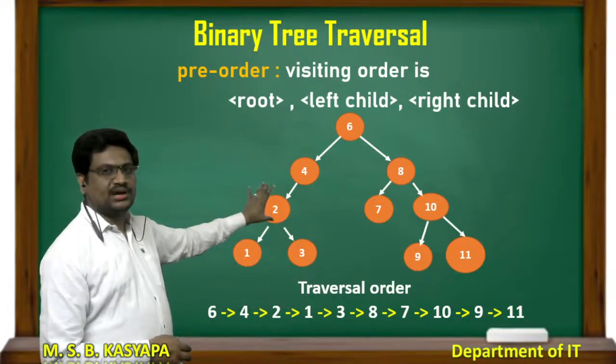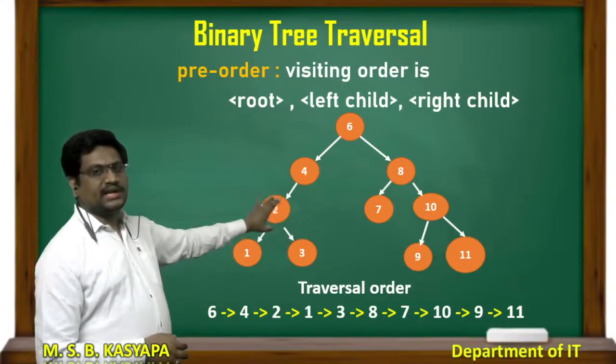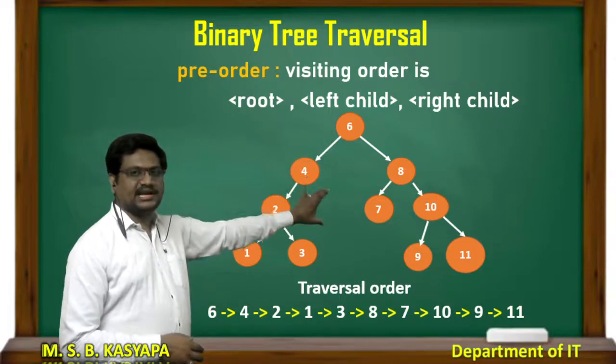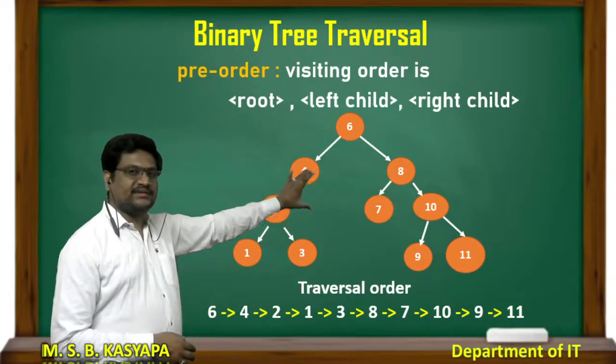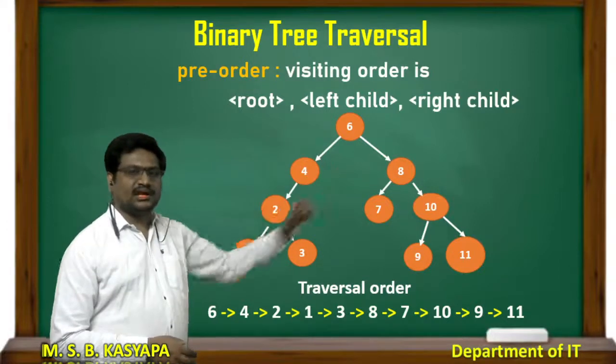Again I will move to the parent node. The parent node, all are already visited. Then I will again move to the next parent node. Here I am checking whether it has any right child or not. If it doesn't have any right child, then I will move to the root node. In the root node, I will go to the right subtree.